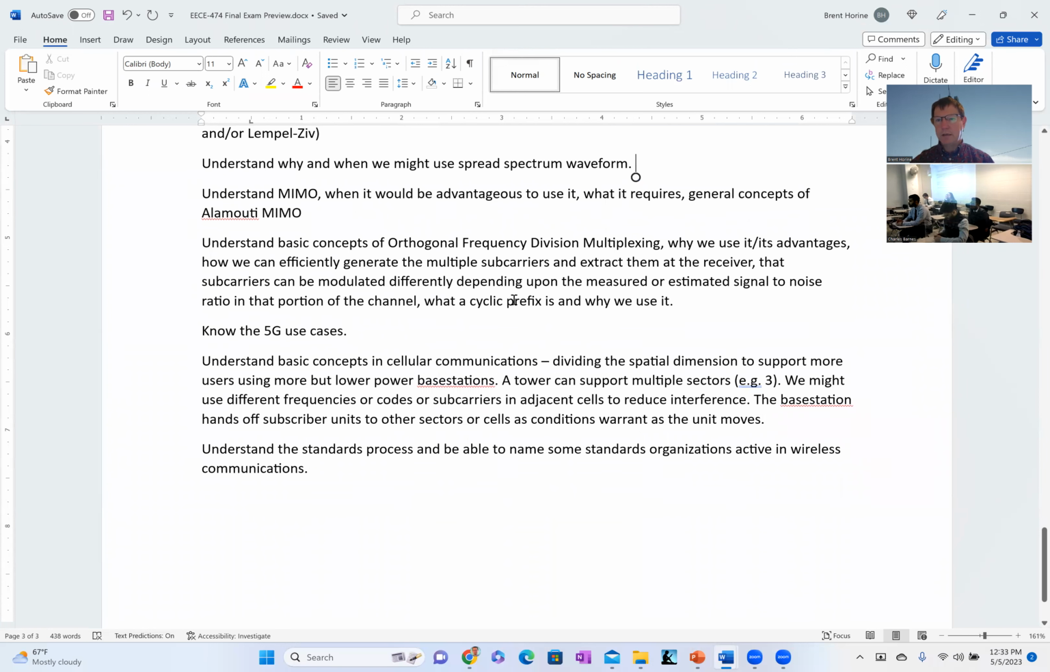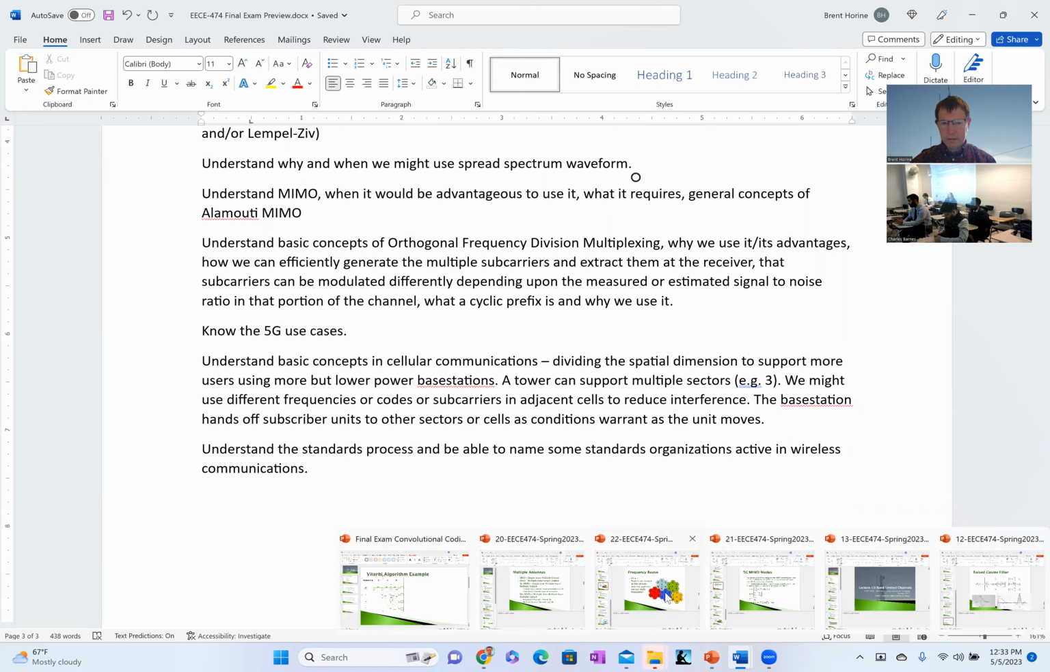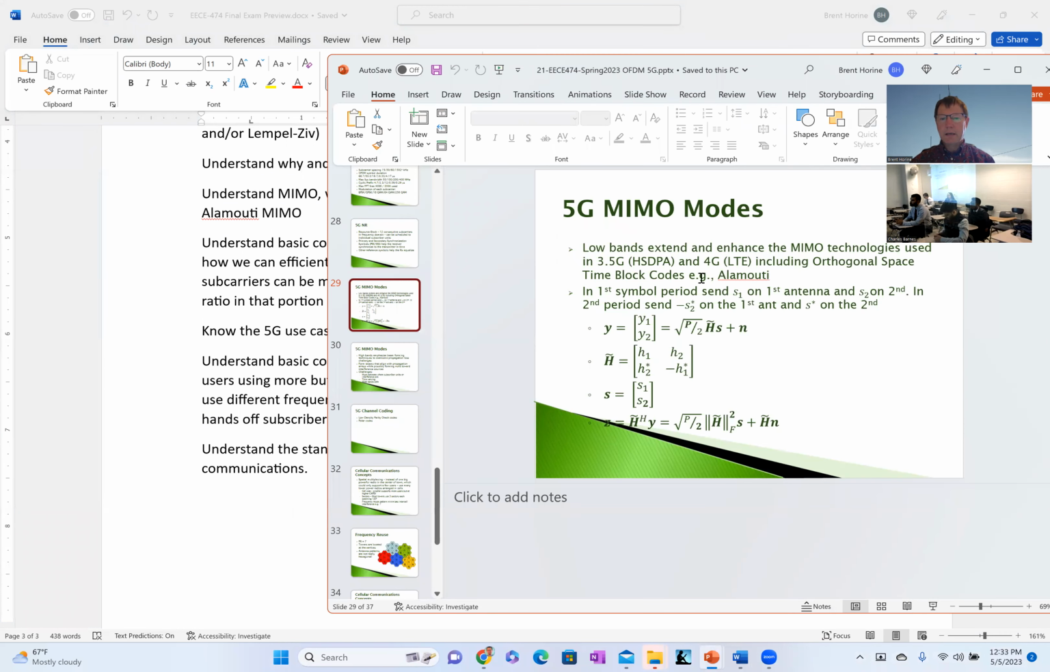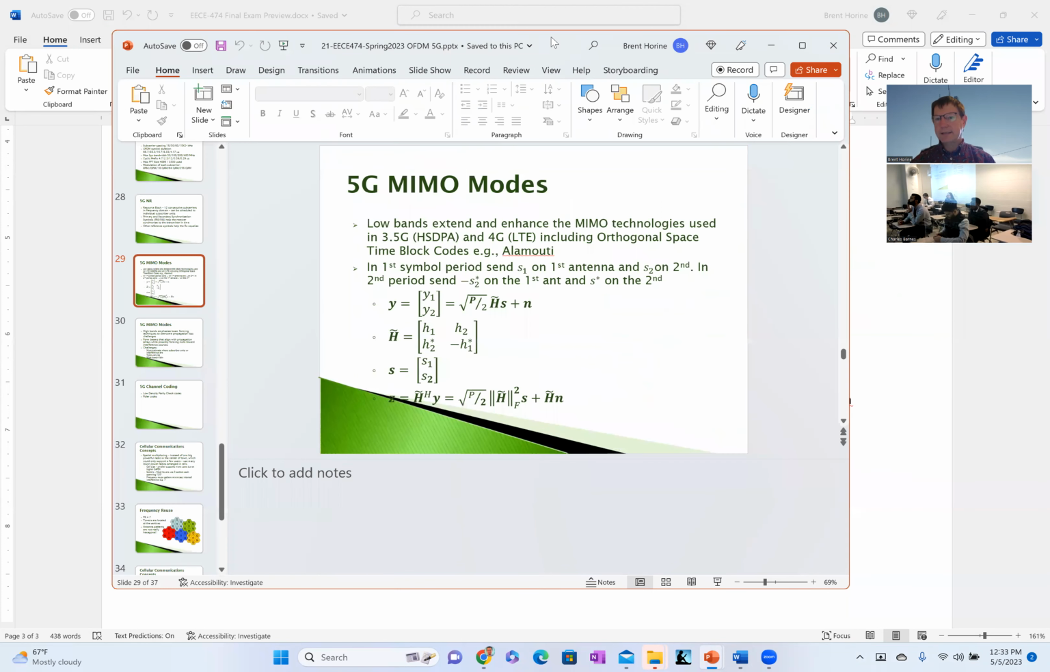So we talked about single input, multiple output, multiple input, single output, multiple input, multiple output, right? And then I talked about this Alamouti as being a kind of classic type of MIMO situation. And that's when we